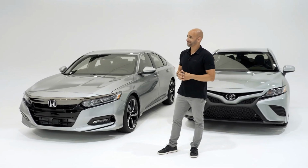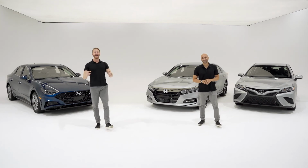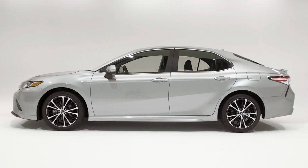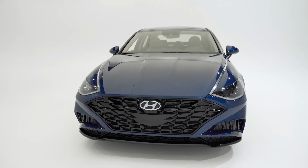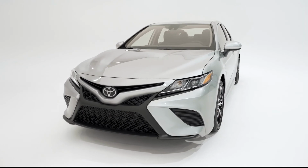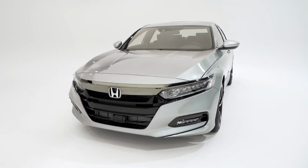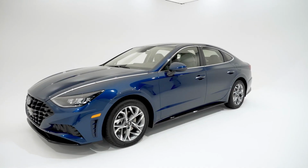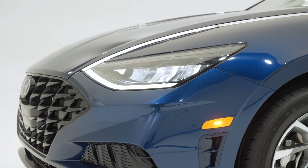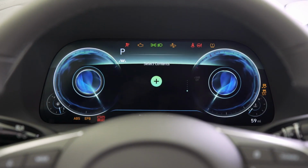Seems like it. All right, well, Gian, it seems like we have reached the end of our midsize sedan head-to-head edition of Hyundai Showroom Walkaround. You got to see a side-by-side comparison of the 2020 Sonata SEL with convenience package, the 2020 Toyota Camry SE, and the 2020 Honda Accord Sport. And you can see that compared to the Camry and Accord, the Sonata's got a lot going for it. Not just its striking looks, but it's got the technology and safety features that you won't find in the other